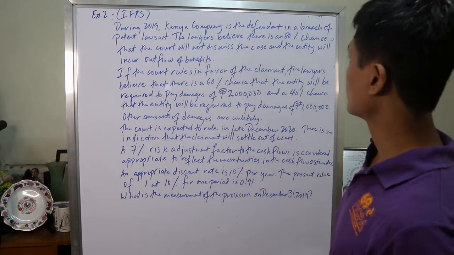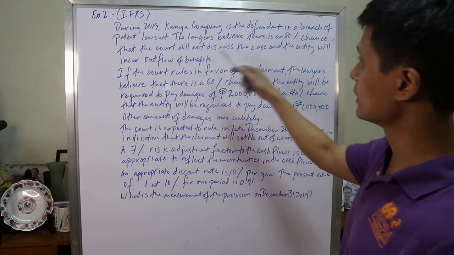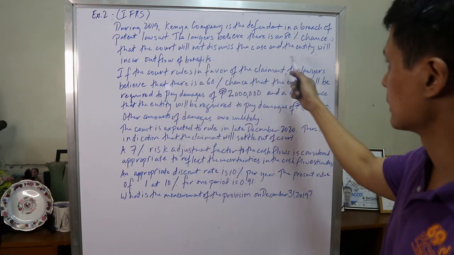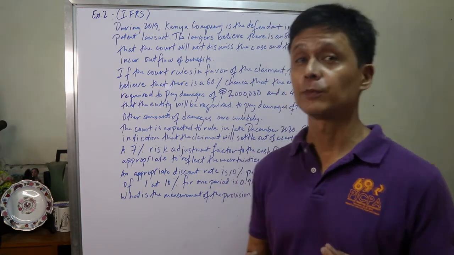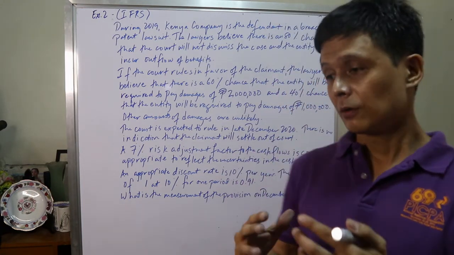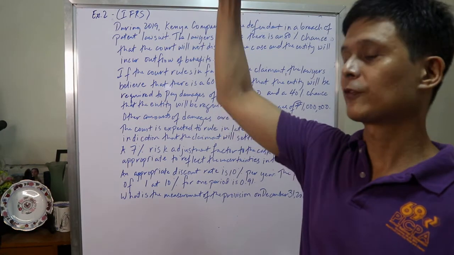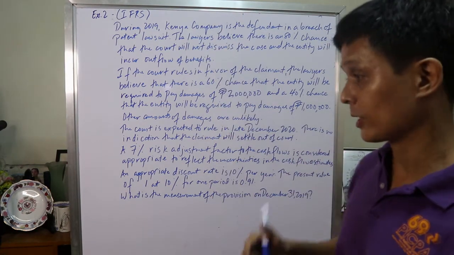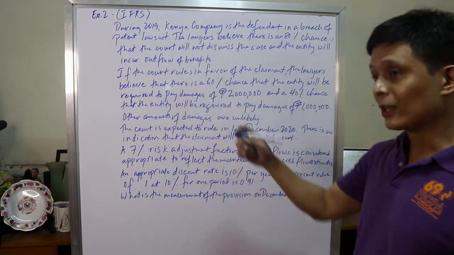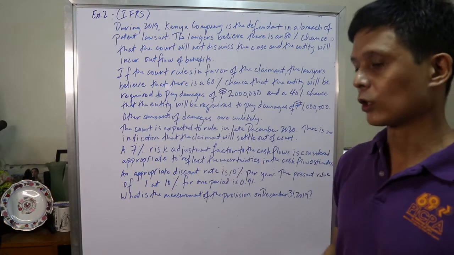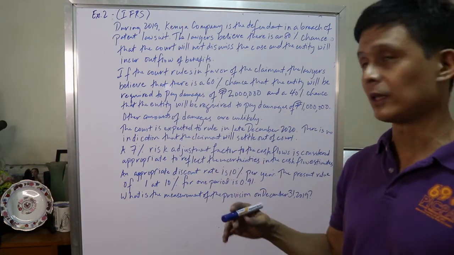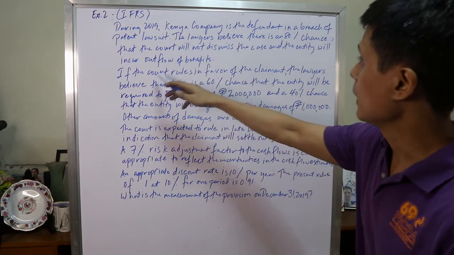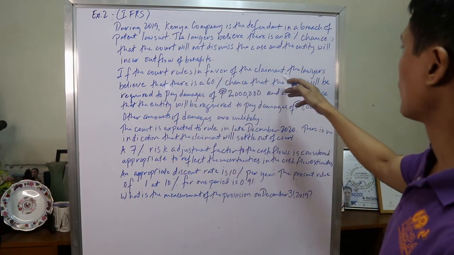The lawyers believe that there is an 80% chance that the court will not dismiss the case and the entity will incur outflow of benefits. So in this case, malamang-lamang na ano yan. Kumbaga, because it's more than 50%, so it's probable. So nandun rin yung present rin yung tatlong requirements in order to recognize this as a liability. If the court rules in favor of the claimant,